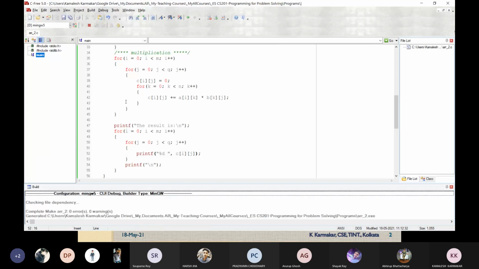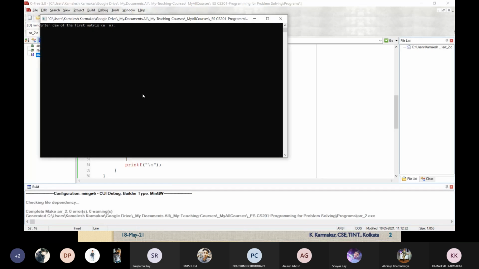Now, if the dimension of the first matrix is 3, 4 and the dimension of the second matrix is 4, 2, it can be multiplied. So enter the elements of the first matrix. 3 number of rows, 4 columns. So I am writing 1, 2, 3, 4, then 2, 4, 1, 6. That's all about the first matrix.